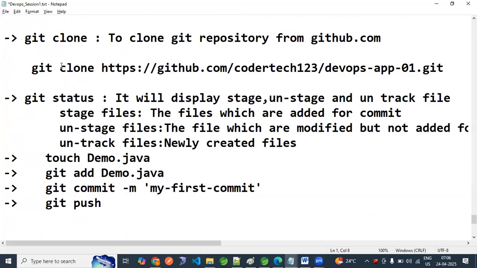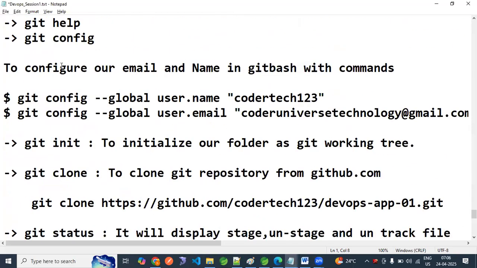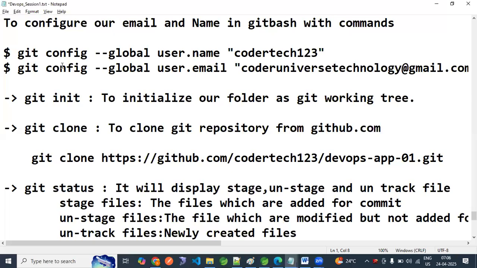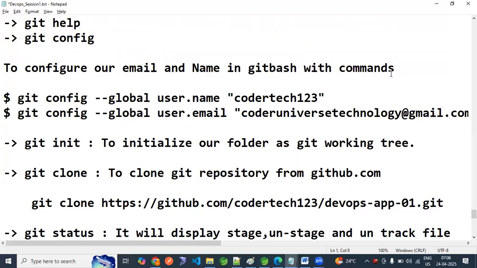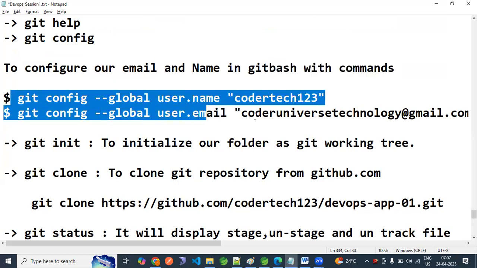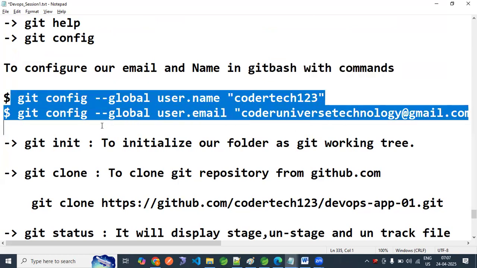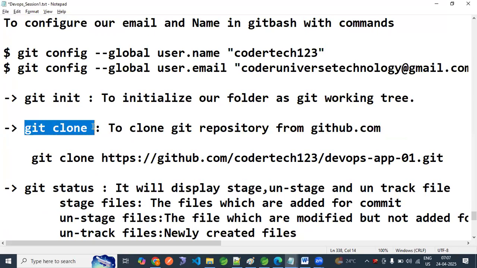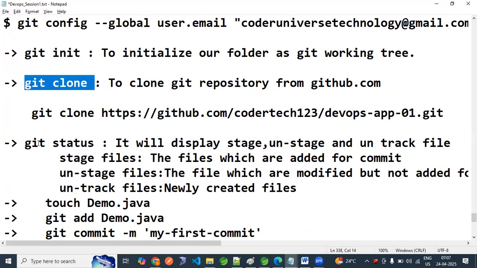We have started working with Git Bash. In yesterday's session, what have we seen? We have seen Git Bash commands. We saw how to configure our username and email ID with this command. Then the commands we have seen are git init, and how to clone the repository using git clone,